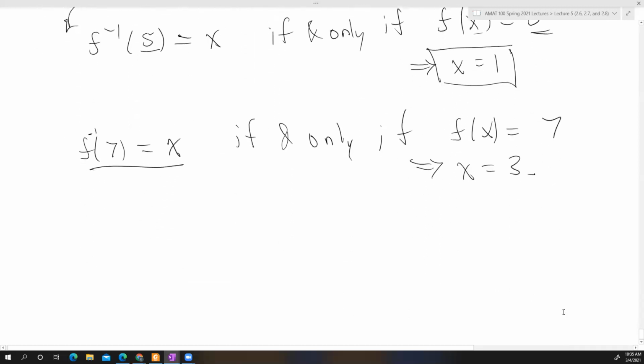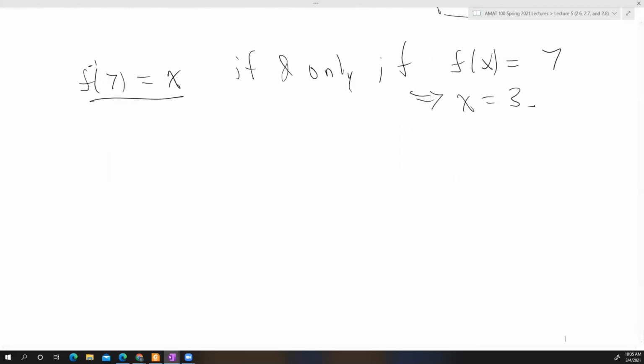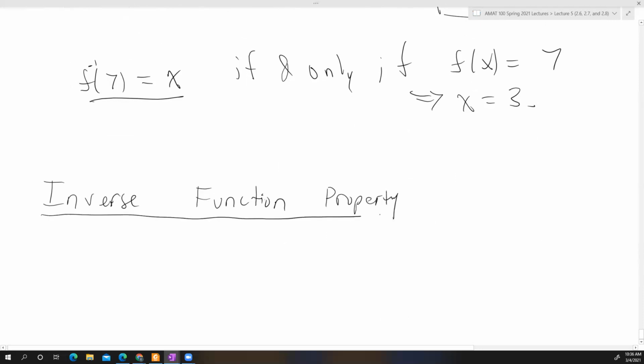Now that we've done this example, let's look at another type of example of verifying that two functions are inverses. So let me just write this down. I've already pointed this out a few times, but we'll write it down because the book points it out. This is the so-called inverse function property. It gives us another way of determining the inverse. So we have some function f,